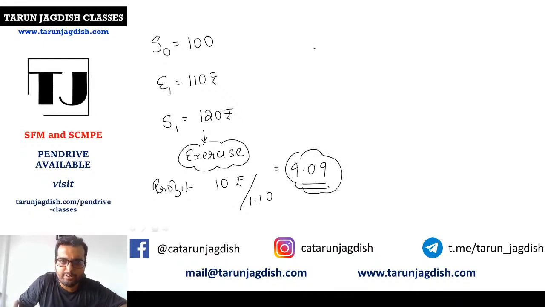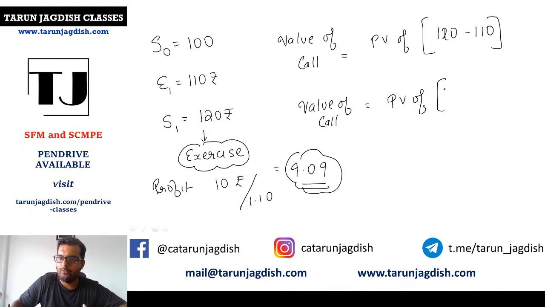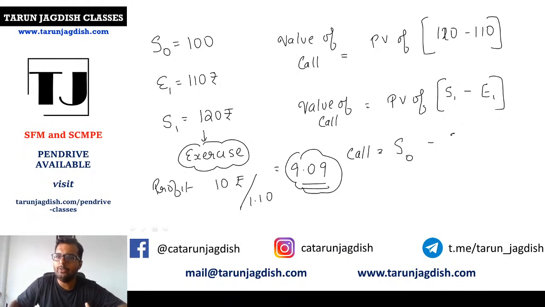Am I right? Can I put this in formula terms? So can I say value of a call is equal to present value of 120 minus 110, right or wrong? Or can I say value of call is equal to present value of 120 is S1, 110 is E1. Or can I say value of call is equal to present value of S1 is S0 minus present value of E1 is what I call E into e raised to minus RT. Am I right? If you now go and check the formula,